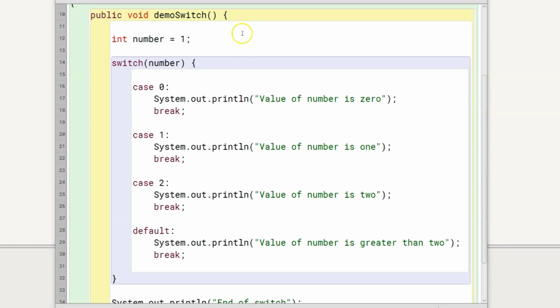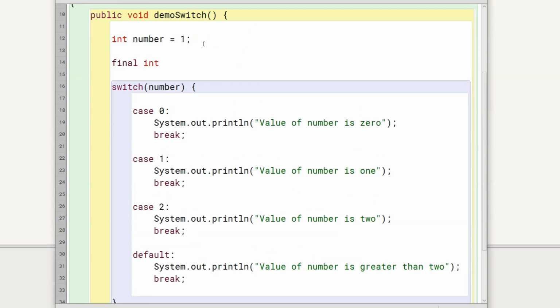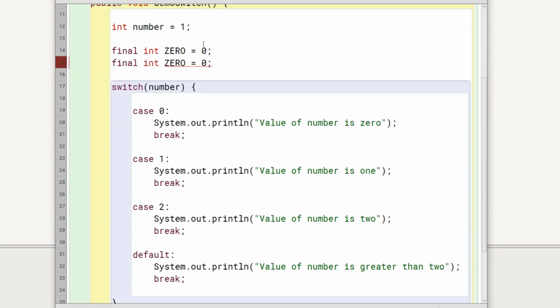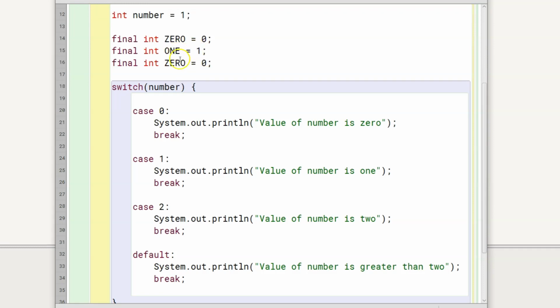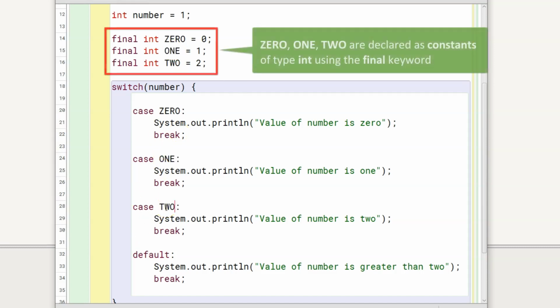So, I can also write the case statements like this. This will compile without errors as keyword final is making 0, 1, 2 as constants.